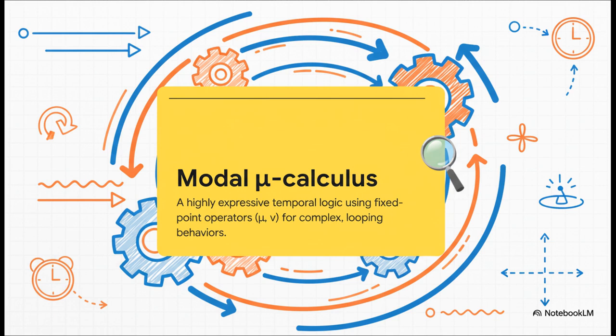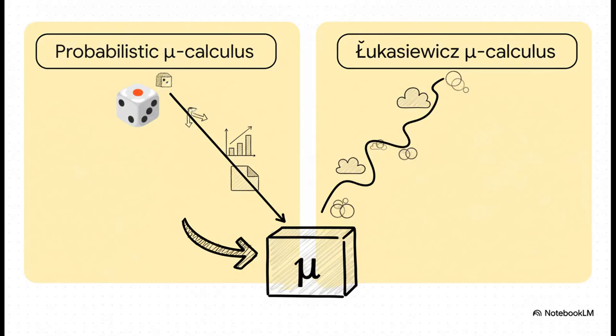All you need to know is they let you ask really important questions about systems that run forever, like an operating system. Questions like, is it guaranteed that this good thing will eventually happen? Or can we be sure this really bad thing will never happen? It's a perfect base to build on. So from this one powerful foundation, the road splits. We get two different upgrades for dealing with uncertainty.